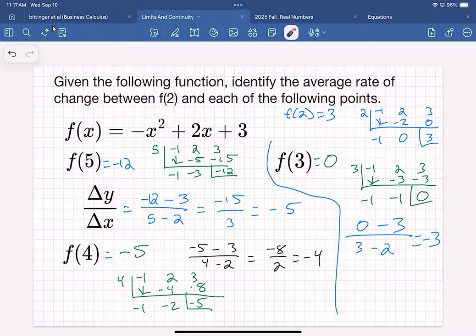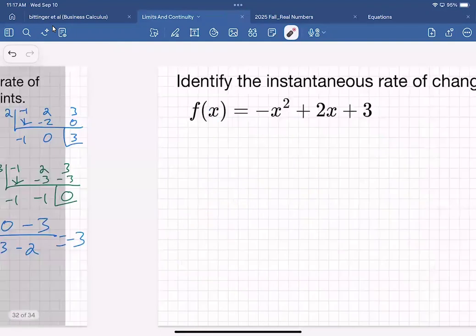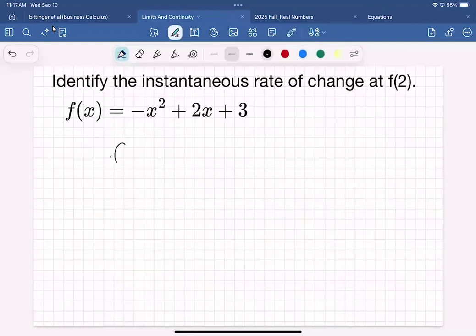But what we're interested in is that as I went from 5 to 4 to 3, I'm getting pretty close to 2 itself. And we're curious what's going on as I take an average rate of change and try to get the denominator as close as I can to 0. Remember, we can't put 0 in the denominator, but we want to try to as much as we can. Each of these, though, is called a secant line. So if I come over here and do a quick sketch of the graph,